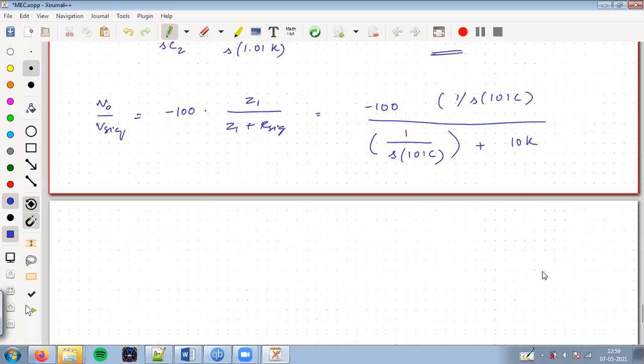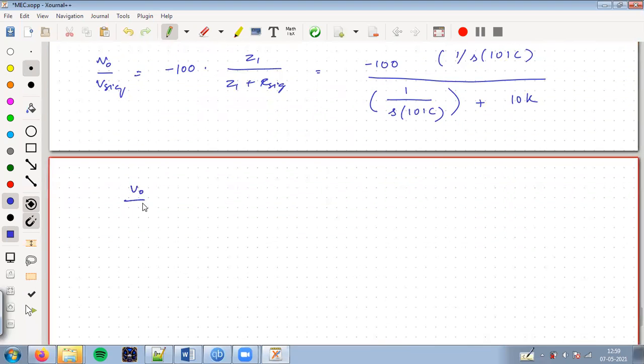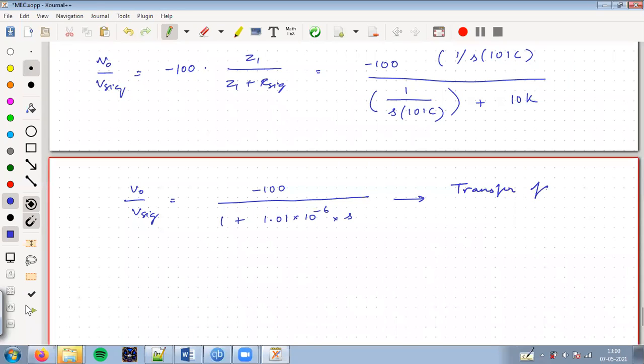Right? So if you solve for this, you should get V0 by V signal as minus 100 divided by 1 plus 1.01 into 10 power minus 6 into S. So this is actually a transfer function. Transfer function with a gain of minus 100